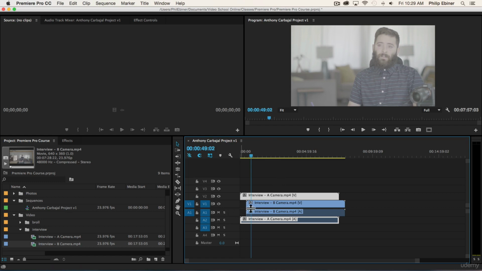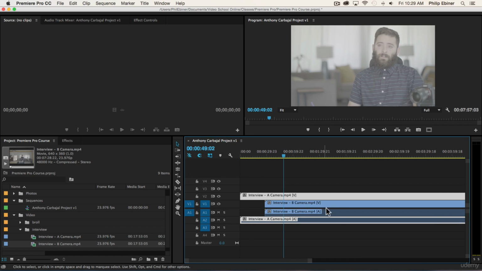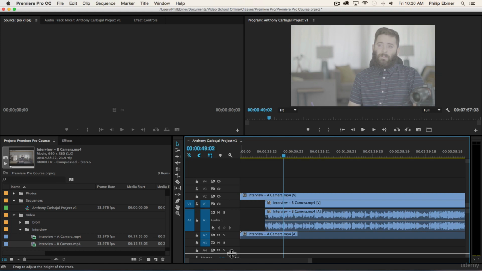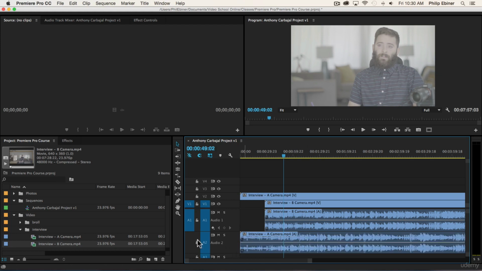The next thing we have to do is sync this camera to A camera and B camera. I'm going to zoom in on the timeline using the plus button on my keyboard. Then I'm going to expand the audio track so that I can actually see the waveforms in the track. What I can do is double click in this area to the right of the S and to the left of this line in this audio track 1. You can see when I do that, I see the audio waveforms. We can double click here, or I can just click and drag at the bottom of this track to expand